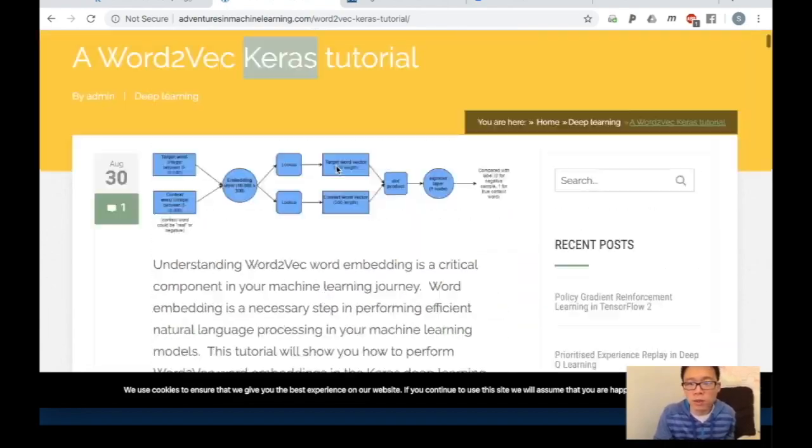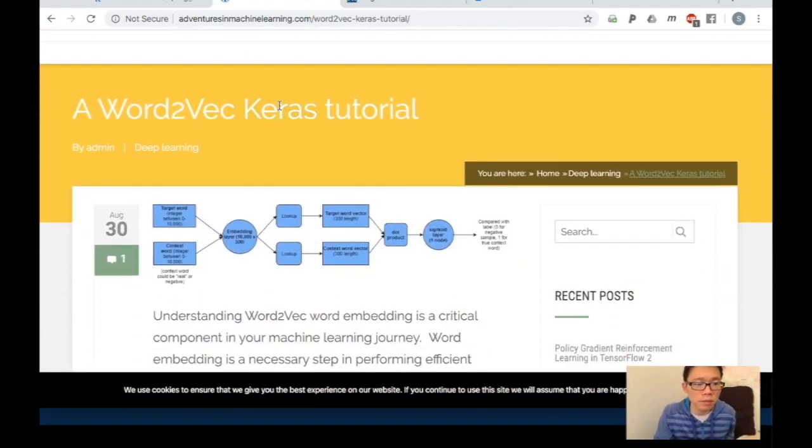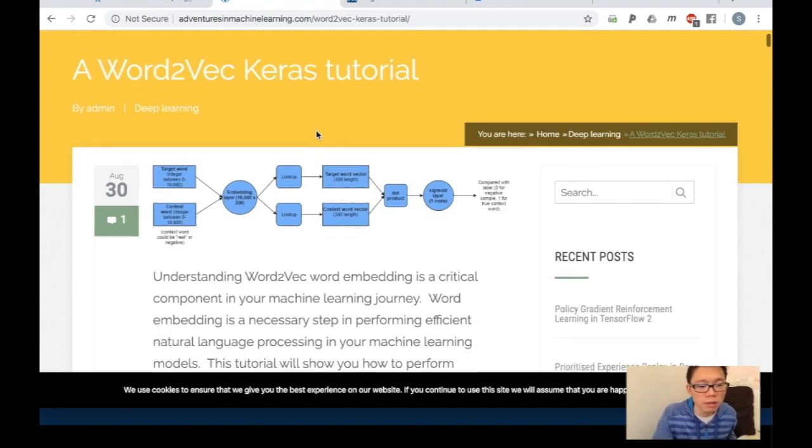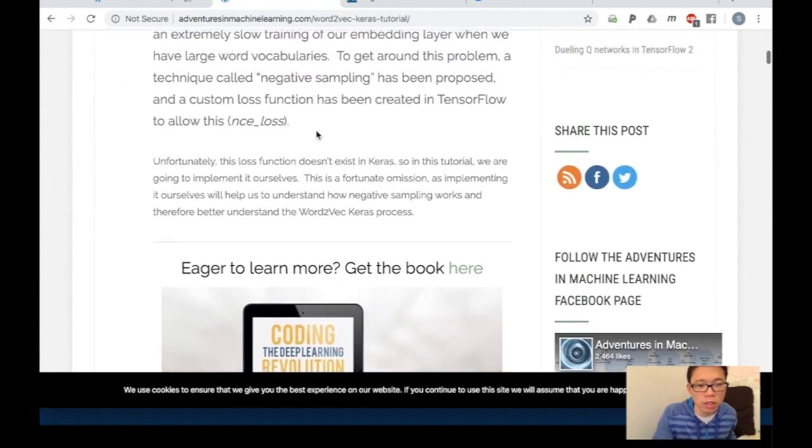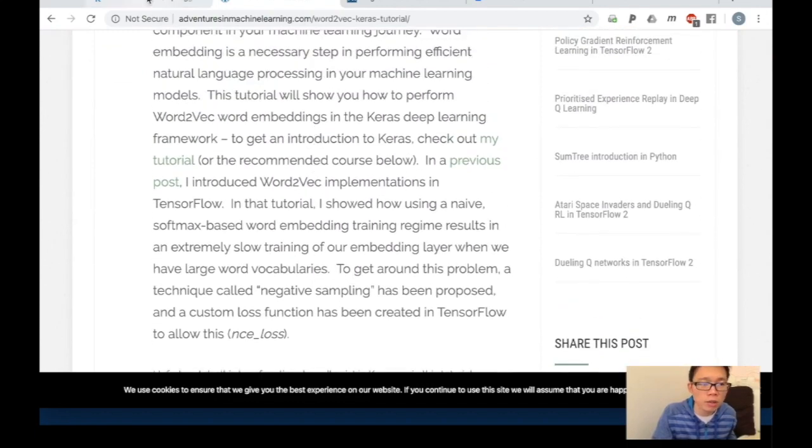Here is a really good tutorial on using Keras to implement the skipgram word2vec model, and I've done most of this one, and I think it's pretty neat. It shows you how the model that I was showing you earlier in the slides, you modify it a little bit for the actual implementation.